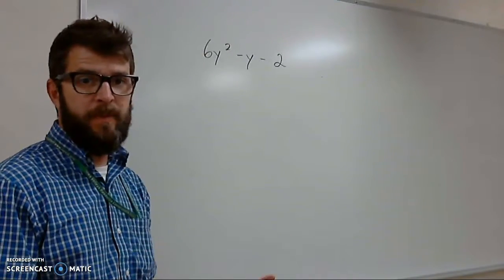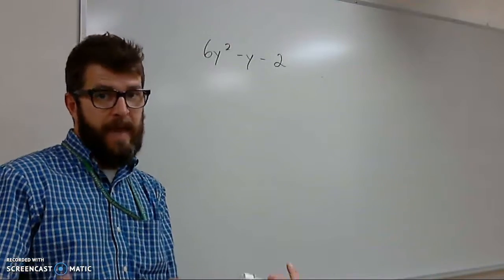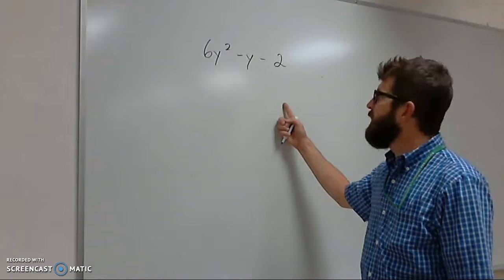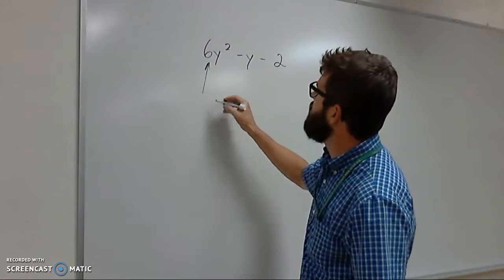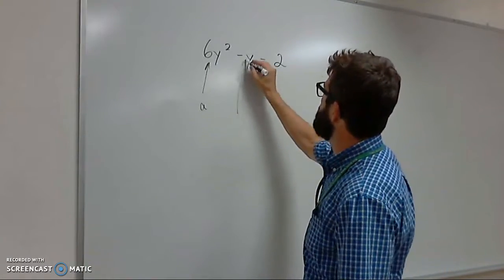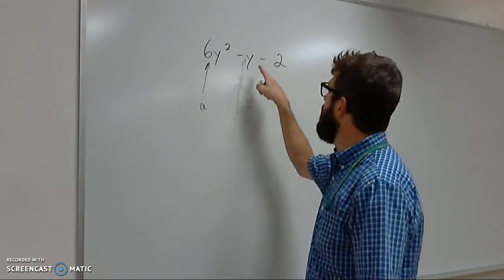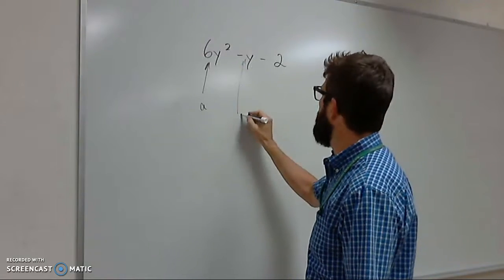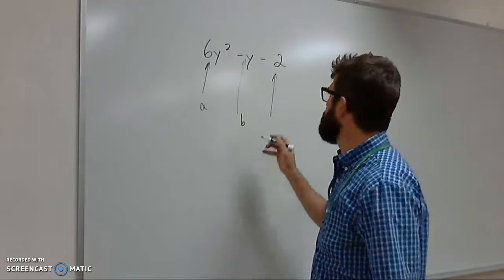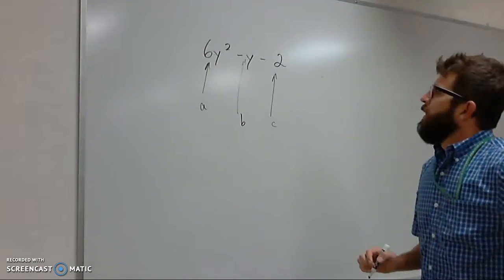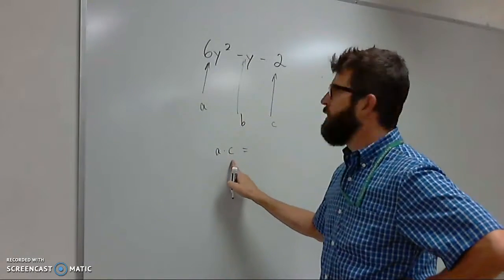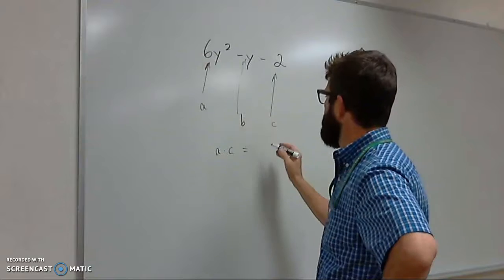The first step in the AC method is to identify what is A and what is C. When you're looking at a trinomial like this, the coefficient on the y squared term, or the x squared term, is what you call A. The coefficient on the center term, the y term in this case, is what you call B. And then the constant out here, the number that doesn't have any variables attached to it, is what we call C. So in our problem here, A times C, or AC, is going to be 6 times negative 2,